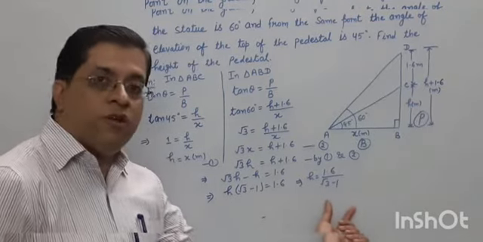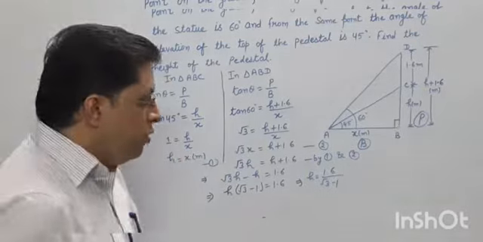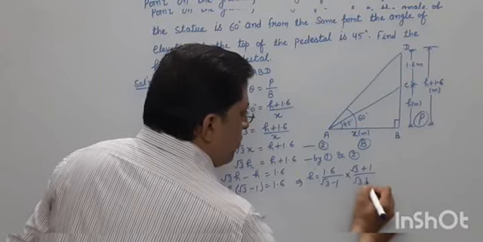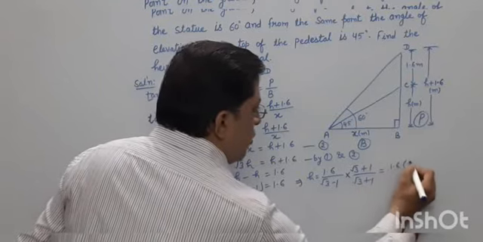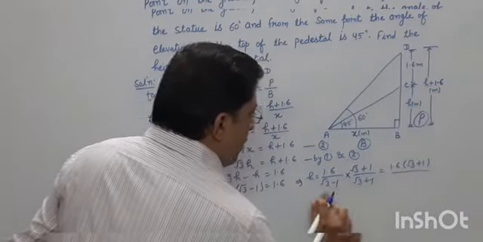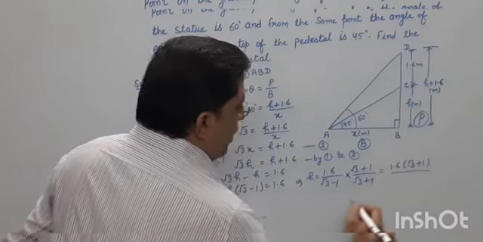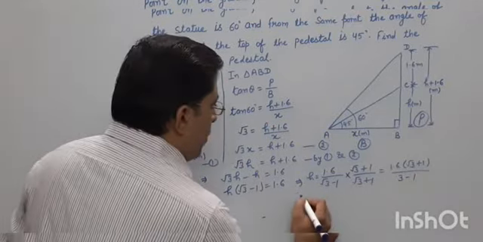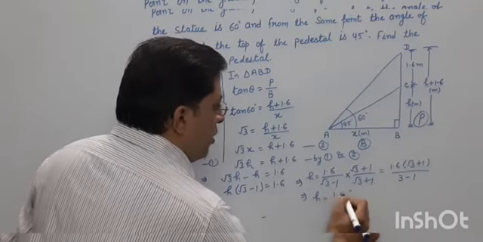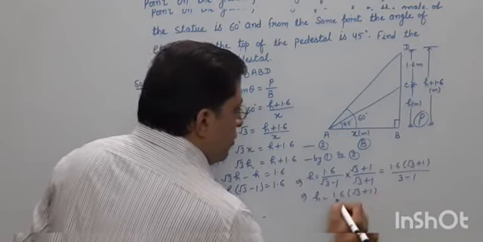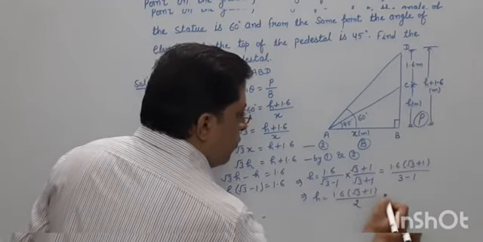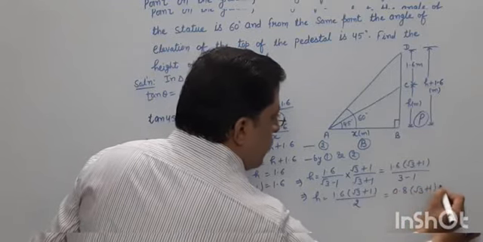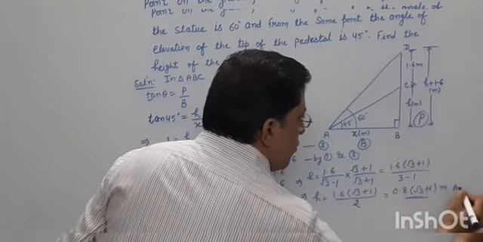But you see this is an irrational number, so I have to do rationalization. This is the rationalizing factor. See, 1.6 into root 3 plus 1. (a plus b) into (a minus b) is a square minus b square. So root 3 square is 3 and 1 square is 1. Then h is equal to 1.6 into (root 3 plus 1) upon 3 minus 1, which is 2. When you cut, you will get 0.8 into (root 3 plus 1) meter. This is your answer.